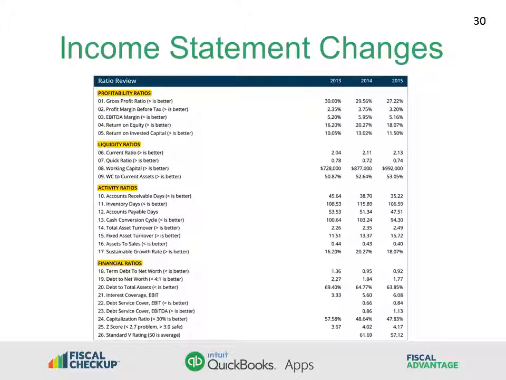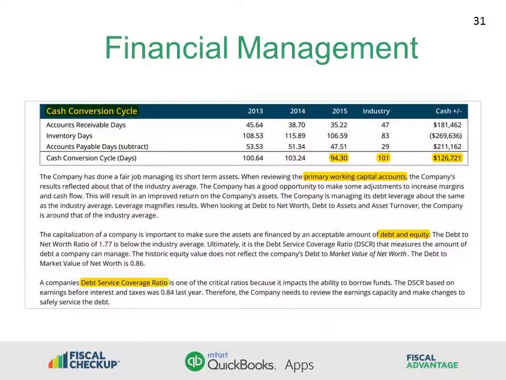The first table shows key profitability, liquidity, activity, and financial ratios for the past 3 years. The bottom of the page shows the cash conversion cycle data, showing that this company is managing its cash better